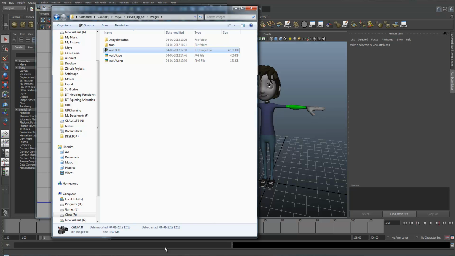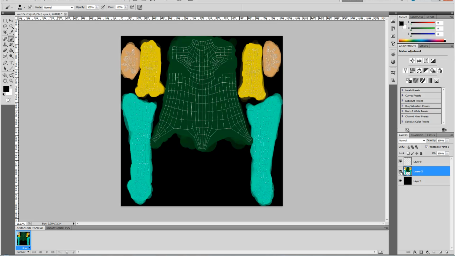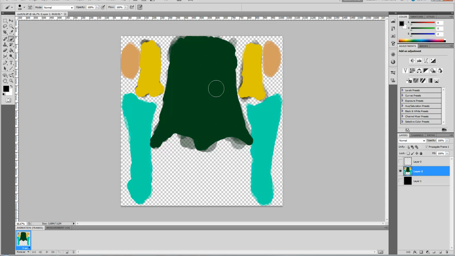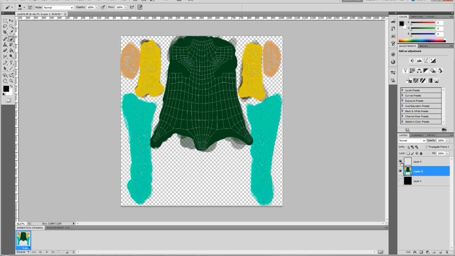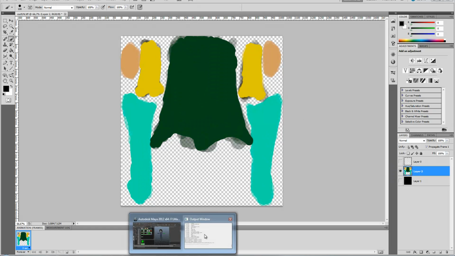So what you need to do is open up your favorite Photoshop or picture editor and load it in. What I've done is given this a black background and already done a color for it just to test it out. It's just a simple color, and I've outputted the file with only the actual color information. If you toggle this off, you will still get the lines when you put the texture on. We go back into Maya,